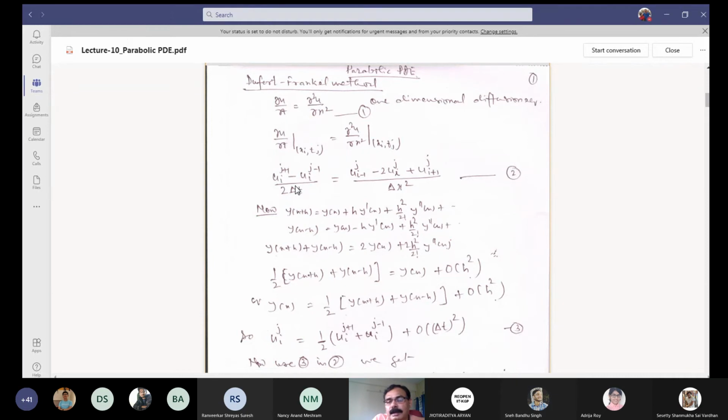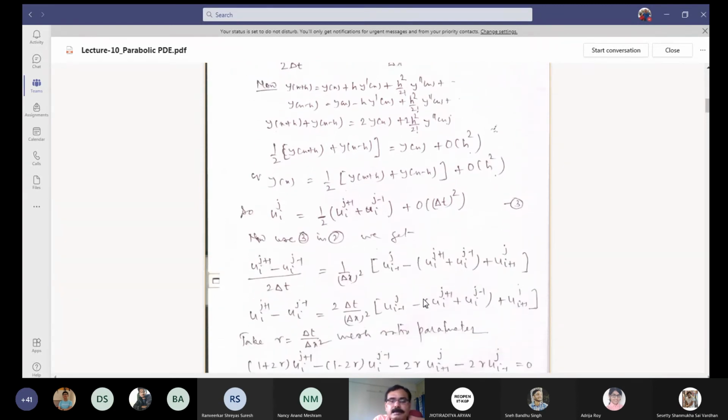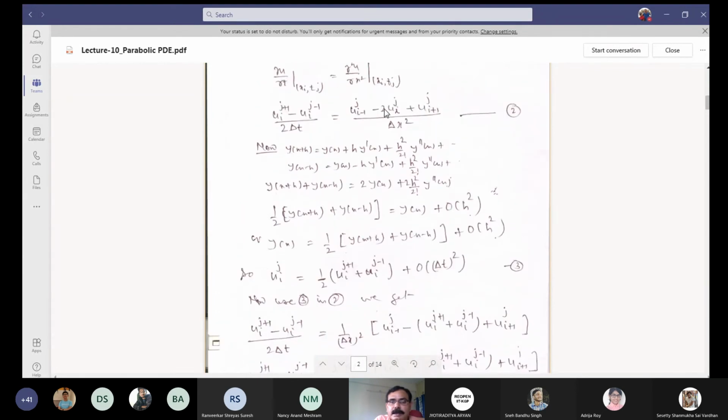Is this clear? Now, you see here this u(i,j) is there, minus 2u(i,j), right? This will be replaced by the average of these two types of values, right? So that is the only extra thing done here. We'll see the next stage. So your 2u(i,j), you can write as u(i,j+1) plus u(i,j-1) from here directly. Did you see that?